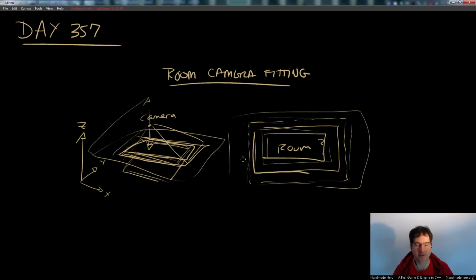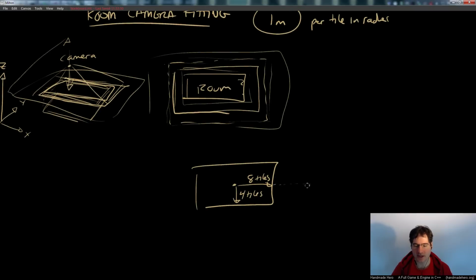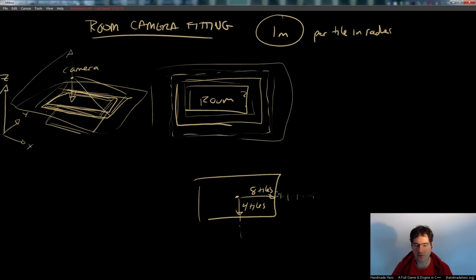So in the current system, I just picked an ad hoc value of 1 meter, right, per tile in radius, right? That's what I did. So I basically said, all right, here's the standard room size. Okay, its radii at the moment are 8 tiles this way and 4 tiles this way. So all I did was say, okay, for every room, if you go over 8 tiles, right? So if you get more than 8 tiles out, for every tile you go out, add a meter to the height of the camera. So if you were going to be out here, you would add 1 meter to the height of the camera. Similarly, for every one you go out here, add 1 meter to the height of the